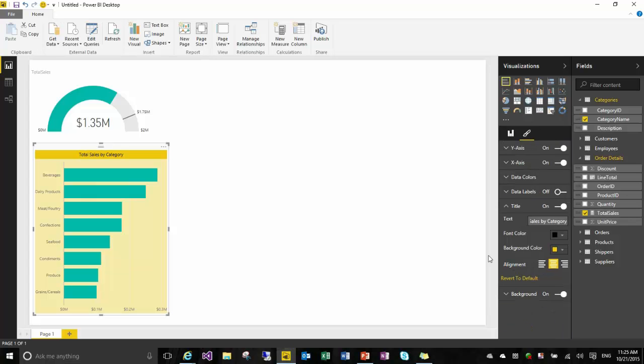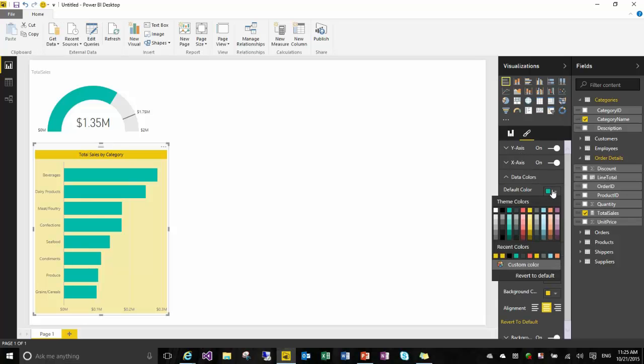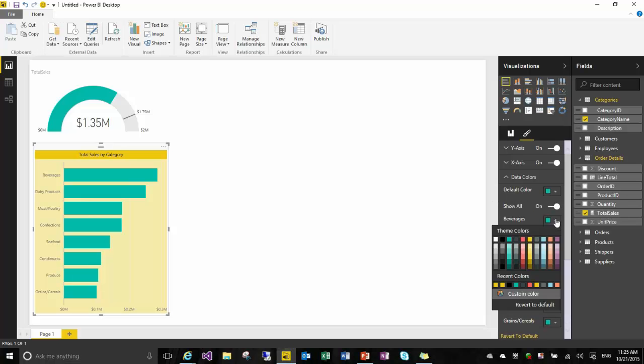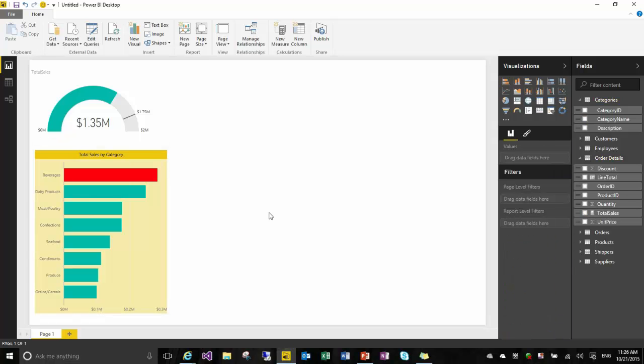So there's plenty of formatting options for X and Y axis, the data color. For instance, we could switch from a default color to using specific hard-coded colors for each category. So let's pick beverage, and we could pick from this wide range of options, but we could also pick a custom color. So let's pick something custom like that red color over there. So you see how we have a really wide range of customization options for visuals, but we also have lots